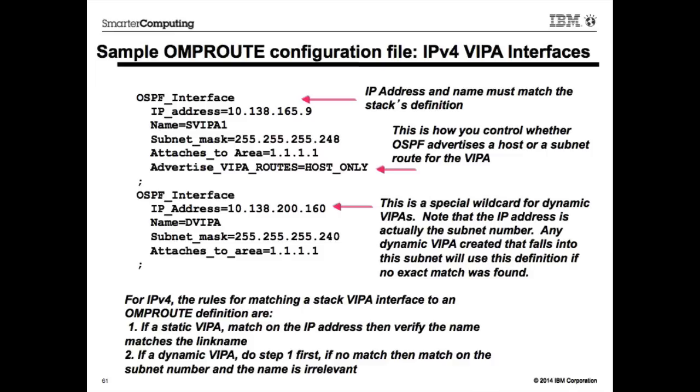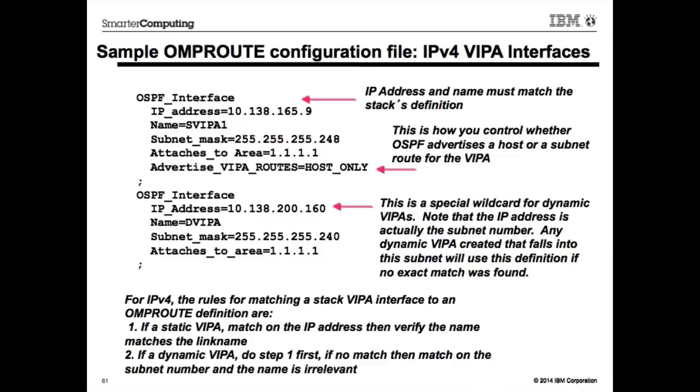So any dynamic VIPAs that are in the 10.138.200.160 subnet, when they come up, OMPROUTE will say, okay, this VIPA belongs to area 1.1.1.1. So for IPv4, when you're matching a stack VIPA interface to an OMPROUTE definition, if it's a static VIPA, we match on the IP address and then verify the name matches. If they both don't match, we won't use the definition. If it's a dynamic VIPA, we look for an exact match first, and if we don't find that, we use